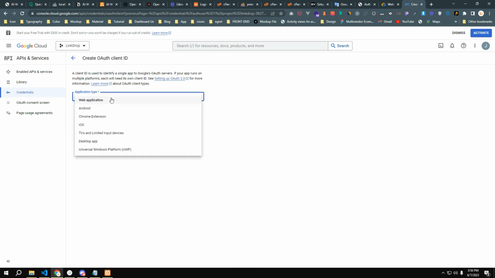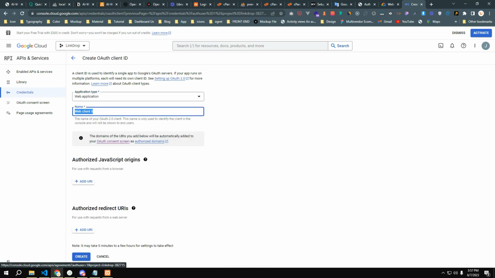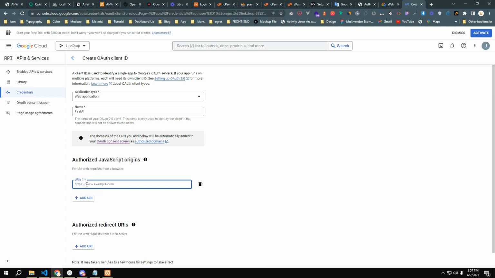Here you have to select the application type, so you have to select web application in this case. Here the app name, for example the app name is FastAI. Then authorized JavaScript origins. Then the add URI button. Here you have to add the app domain name of your application. So in our case